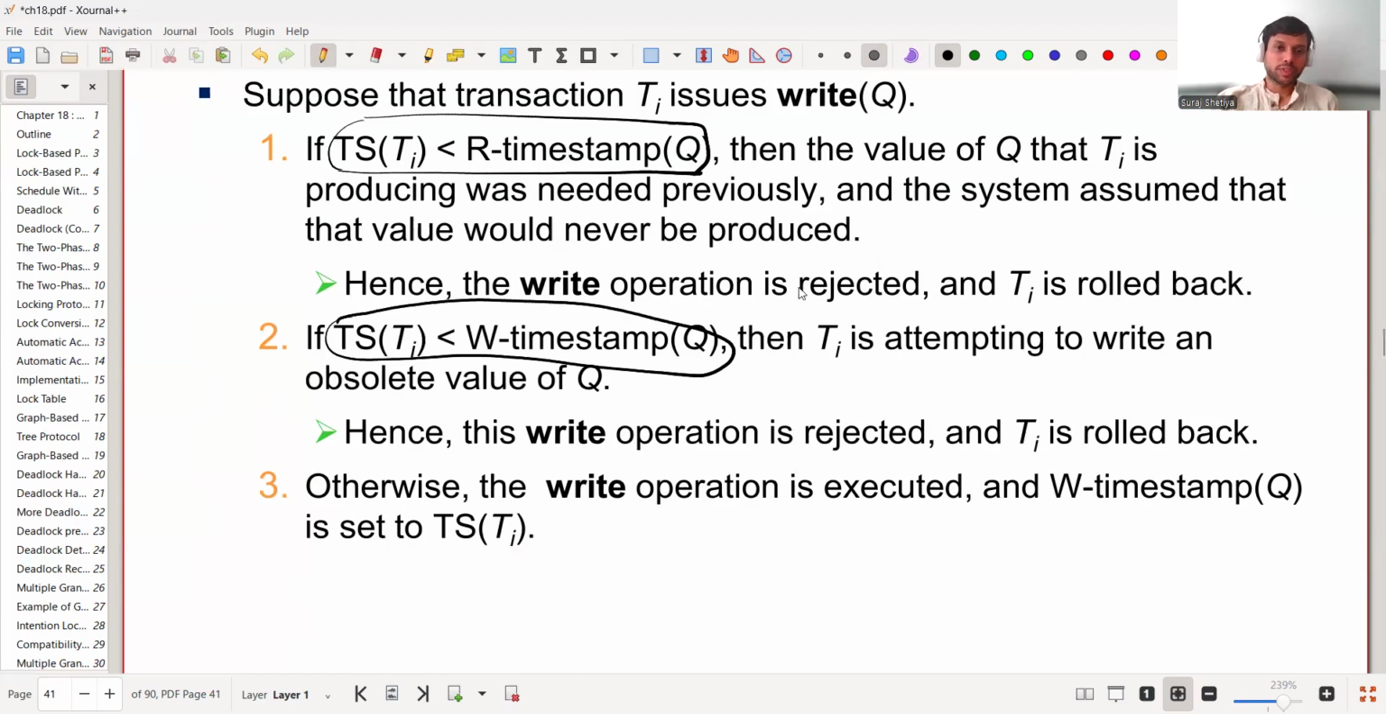Now, if these two conditions have not happened, then all we need to do is update the write timestamp with that of the new one, right? But this time we do not need to check the max operation, because this thing already ensured that the timestamp that is writing is a newer one. So it's already the max, the TS I guy. So we'll update this write timestamp to TS, right? So this is in some sense simple, but